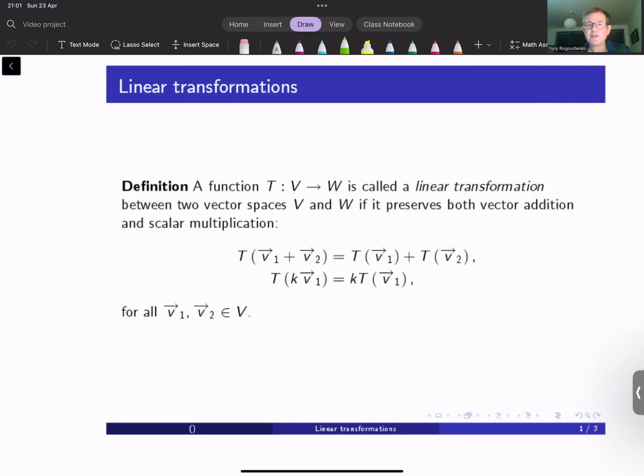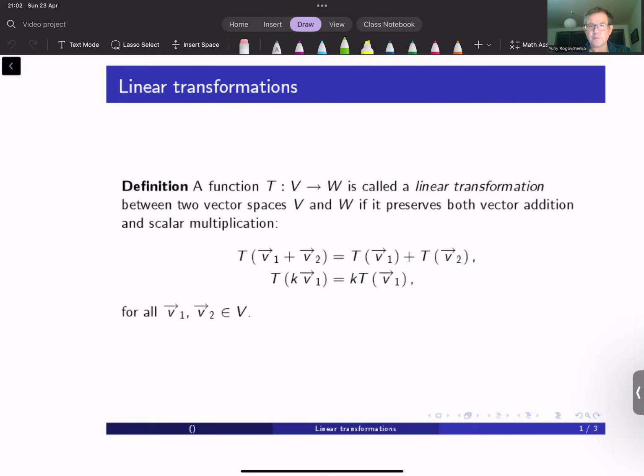Hello. In this video, we'll be talking about the geometry of linear transformations. We give the following definition. A function T between V and W is called a linear transformation between two vector spaces V and W if